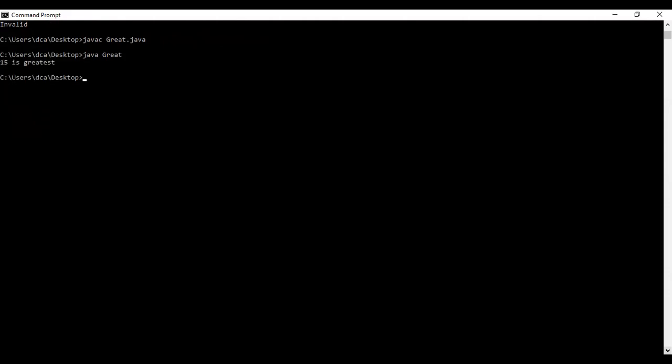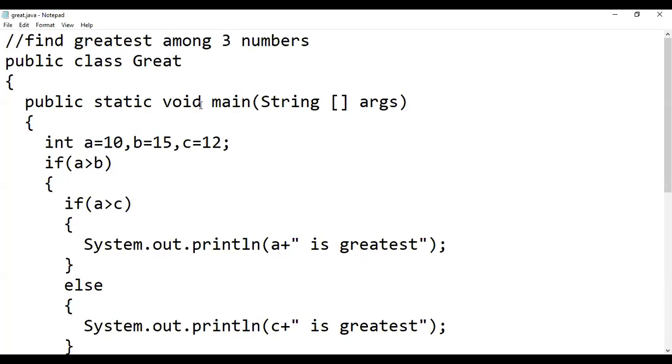So it prints 15 is greatest. If you want to take input from the user, you can use a scanner class. So we know 15 is greatest among these values. For example, now I'm changing the value here to 22. Now we know 22 is greatest.